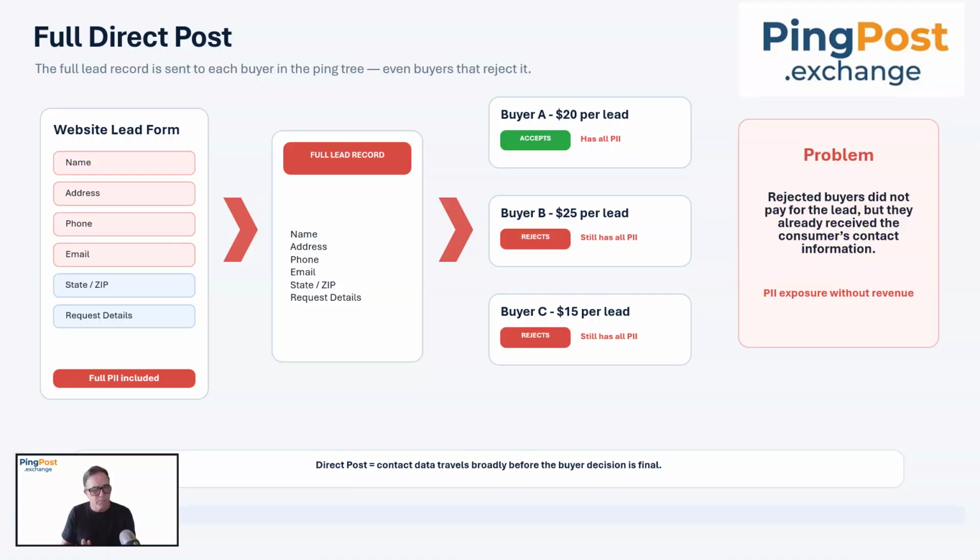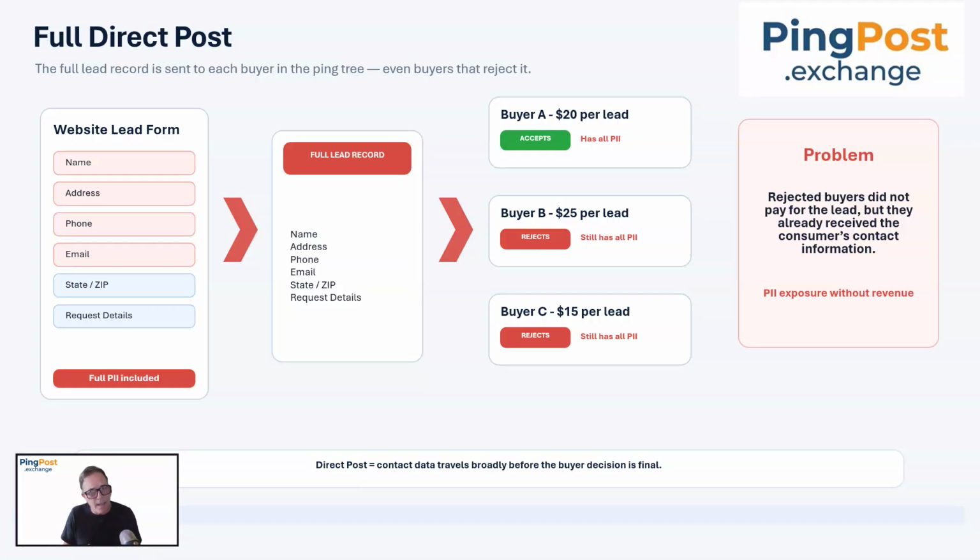So full direct post, what does that mean? Somebody comes to your site, they fill this web form out for a home improvement lead, mortgage, education, insurance, Medicare, you name it, whatever it is, pest control, could be anything, business insurance. They fill their name, address, information out, and they hit submit. And so what does this mean? This means that when they hit submit, you have in your list of buyers, which we call a ping tree, you have your list of buyers. Buyer A is paying $20 per lead,